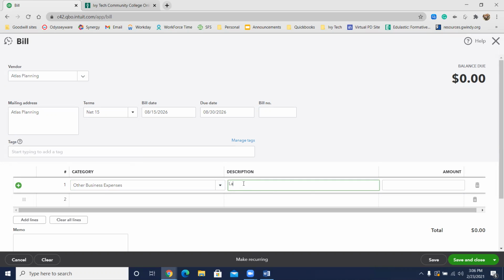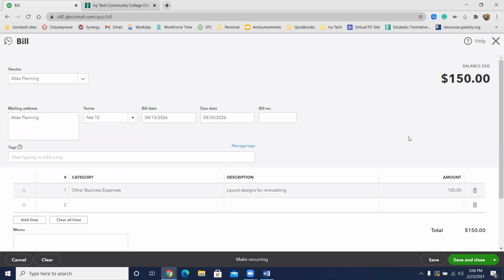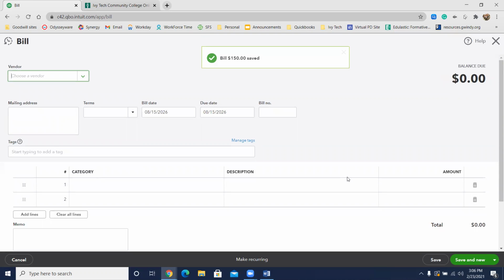The description is for layout designs for remodeling. Again, the description can be whatever you want it to be, just some sort of information as to what this money is going for. And the amount is $115. We are going to, in this case, click save and new, because the next bullet point we have is another bill. So we received a bill number